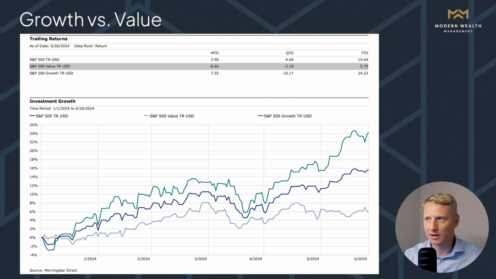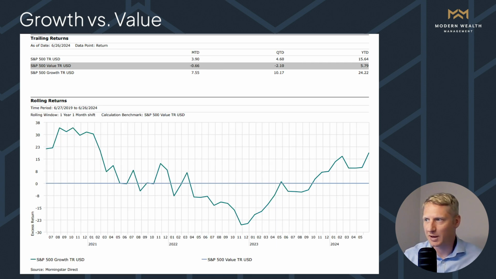Splitting the market between growth and value, again, we're seeing growth generally outperform value, which is a continuation of 2023 as well. That bifurcation is also evident when we compare the relative return of the S&P 500 growth index versus that of the value index. And you can see after the 2022 growth sell-off, growth has been on a high trajectory versus the value counterpart.